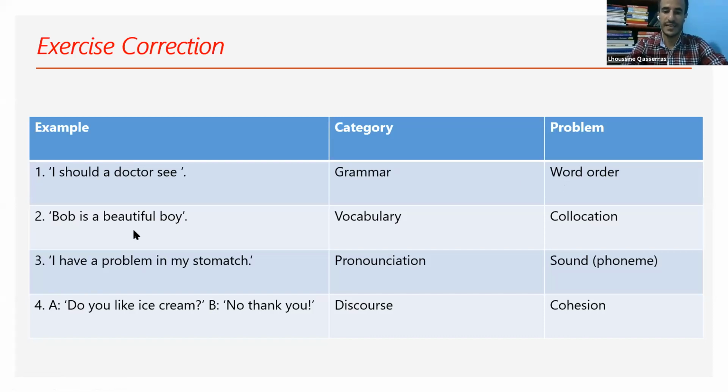Handsome, very good. Handsome. So we use handsome for boys and beautiful for girls, but beginners use both of them, okay? All right. "I have a problem in my stomach" is pronunciation, sound. "Do you like ice cream?" "No, thank you." Discourse and cohesion. All right, good. Now next,